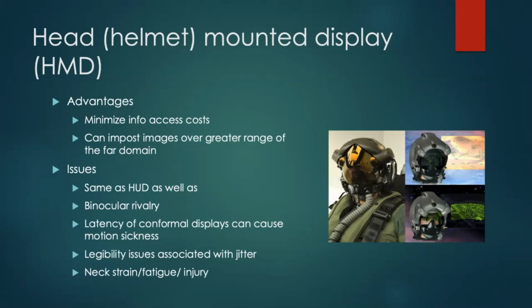You also have issues with binocular rivalry. At a certain point, presenting that information to those two eyes is going to create a parallax. And they ran into this issue with the F-35 helmet when they were going to refuel. You can also get slight latencies. If you've ever played some of the early games in virtual reality, you can notice there's a little bit of a latency as you turn your head to what's actually displayed.